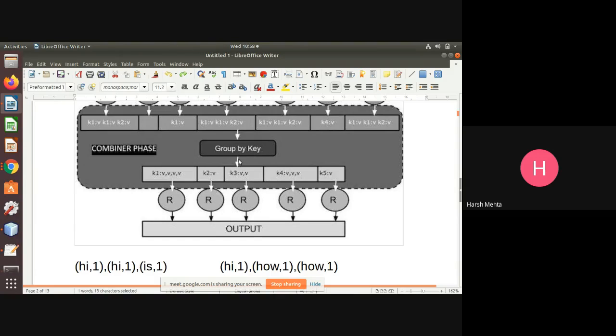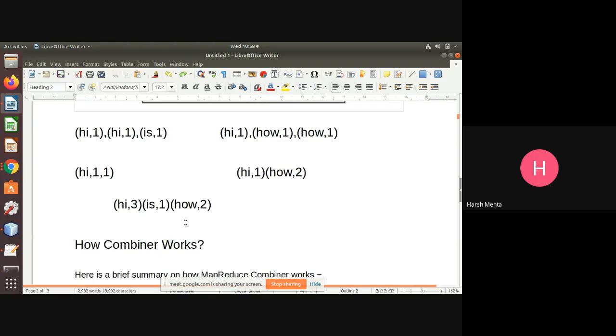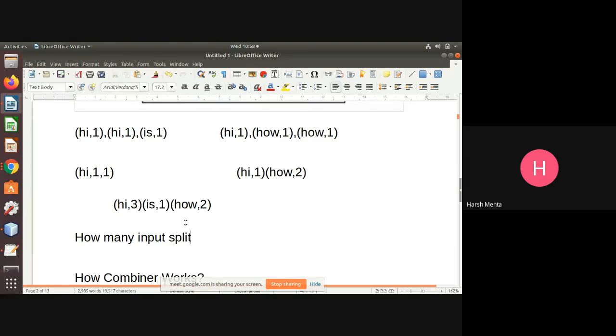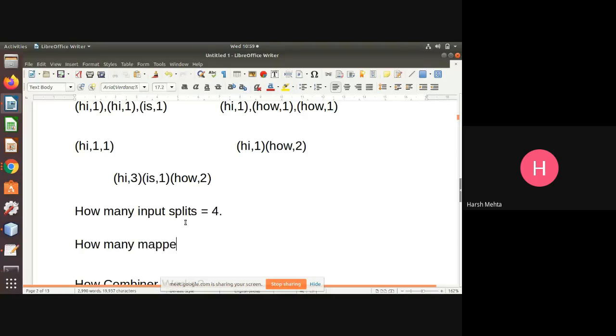Once again, how many input splits do we have? Let me write down here. 4. How many mappers? 4 input splits means 4 mappers. And how many combiners?